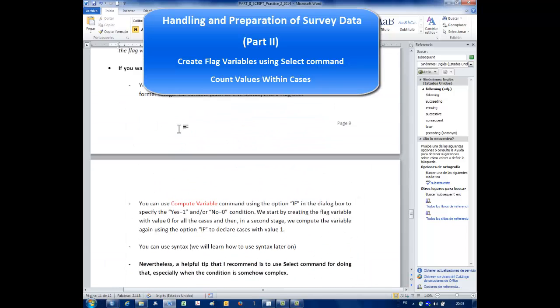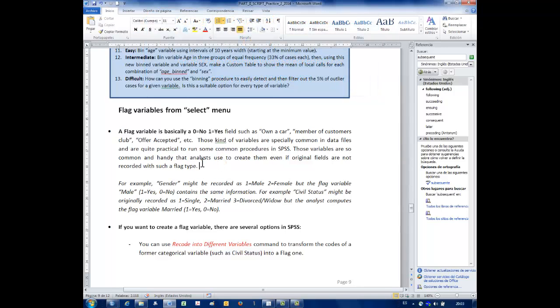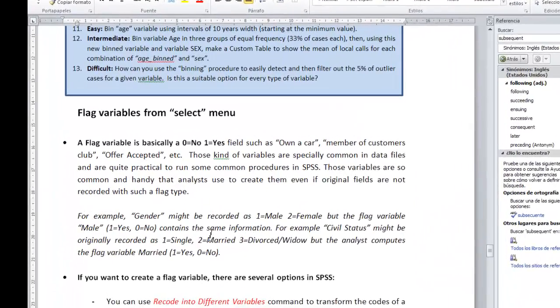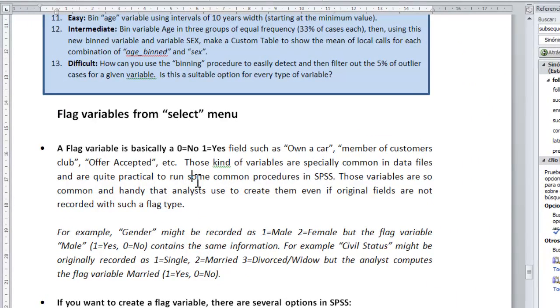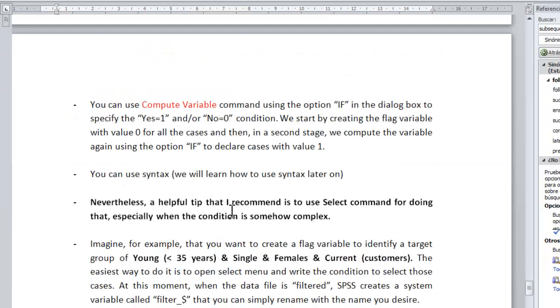Okay, the first one. First of all, as I always say, please read the document before trying the example, because you need to understand why we need this kind of procedure, and this is something you're going to learn in a written document. The aim of the video is to illustrate the example, okay? Now to explain again the utility of each command. So let's move to SPSS and try to run the example for the case of flag variables